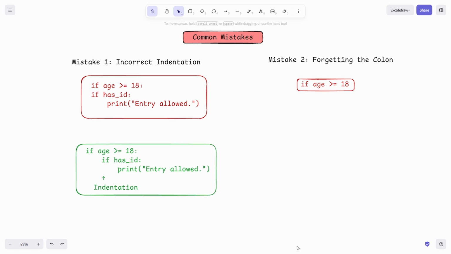So, always remember, proper indentation tells Python which block the statement belongs to, and the colon symbol tells Python where